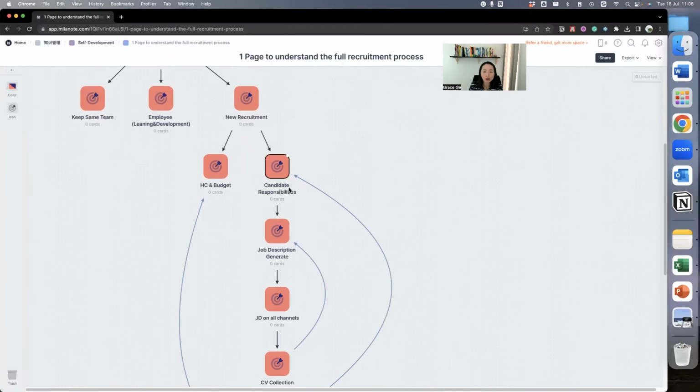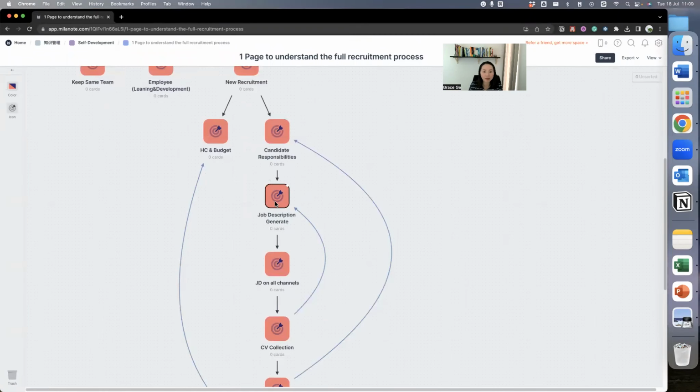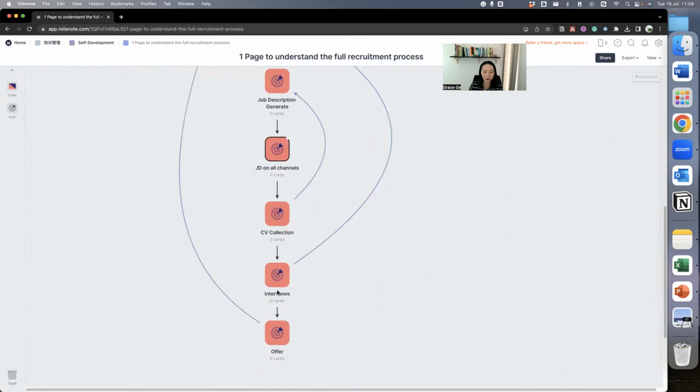And then according to the knowledge the HR got from the hiring manager, the HR will generate the job description. And then from here, the rest you know, right? They would put the generated job description onto the website. And then from here to the end, you know them all.